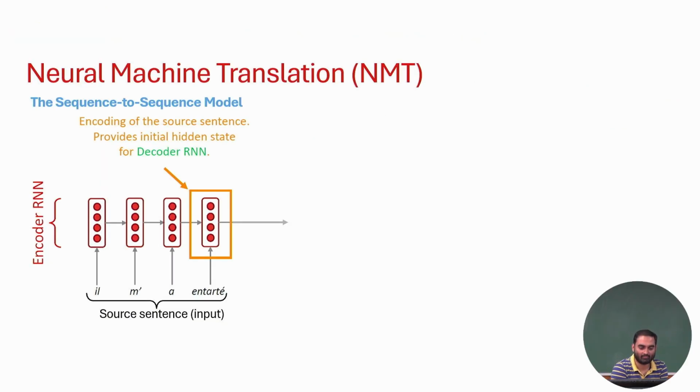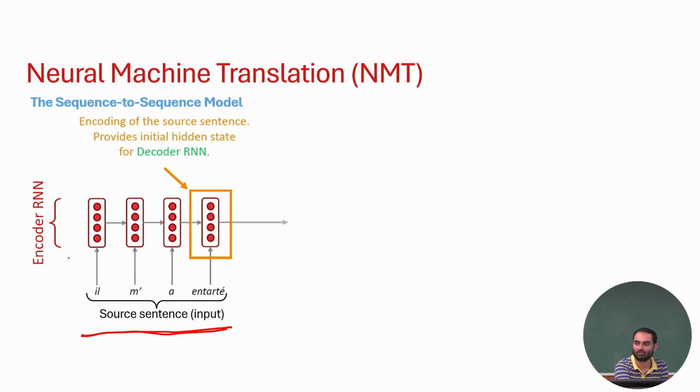All right, let's come back to the actual problem: the sequence to sequence labeling problem. Let's say you are given a non-English sequence, and your task is to translate it to English. What we do here is that we first use an RNN. Again, the RNN can be an LSTM, a GRU, or a vanilla RNN, and this RNN will be